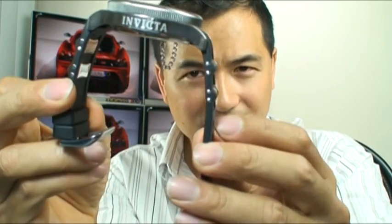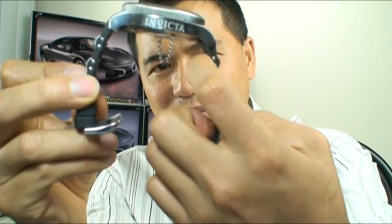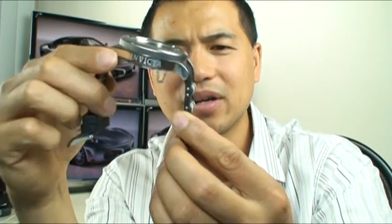It's not a full cylinder, because if you look at it from the side here, you'll notice that it's round on this side, but it's flat on this side. And obviously you don't want it to be round on this side because then it'll pinch your wrist or something when you wear it. Now as far as comfort goes,